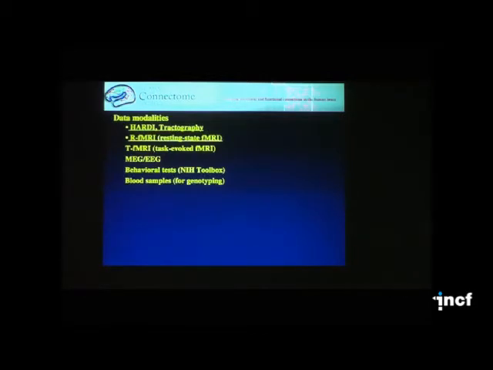These are the other groups in the effort. The substance of what we're going to tackle is to use diffusion imaging followed by tractography analysis and resting fMRI that I've told you about as the 2 primary methods of learning about the connectivity.